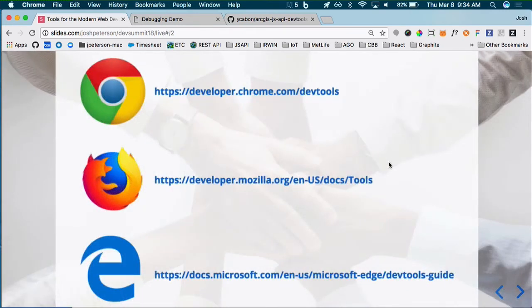So I'm going to jump right into DevTools. I wanted to make the point first that all of the evergreen browsers are really embracing DevTools, even Edge. They've hired the guy who wrote Webpack, and he's leading their DevTools team now. So I'm personally still a Chrome guy, but Firefox and Edge are also catching up and doing really cool things